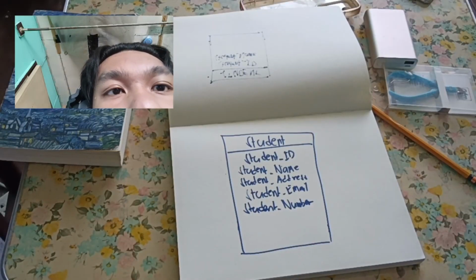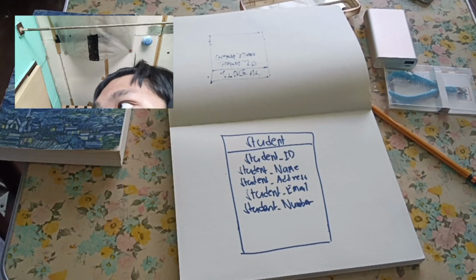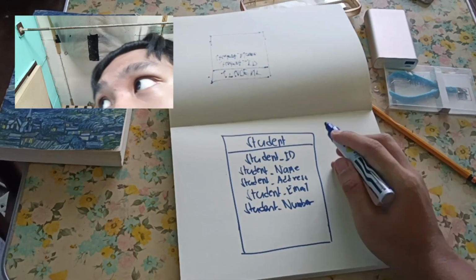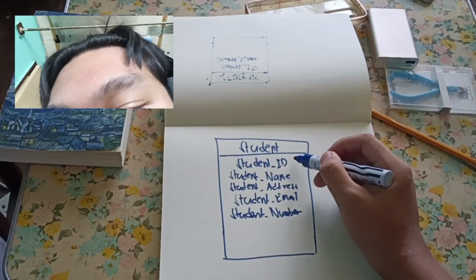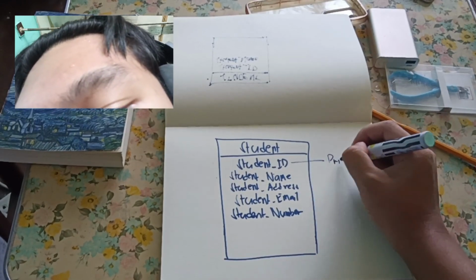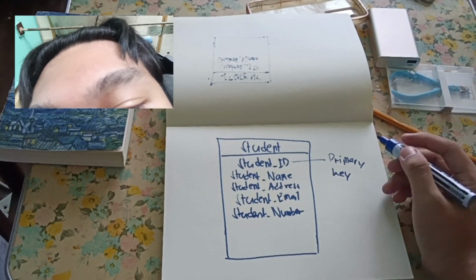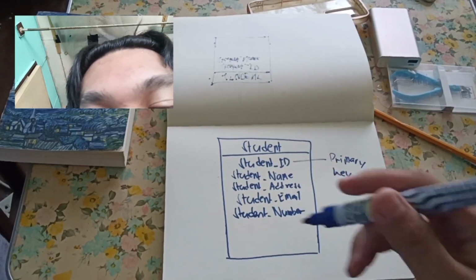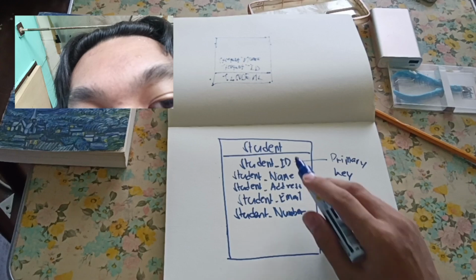Let us begin with the first key, which is the primary key. The primary key is the first key that you see in the table. It identifies all the records uniquely present in the table, and a table can only contain one primary key, which is this one. It shall not have any repetition within the table. Let's say, for example, there's a student ID again on the bottom. That is wrong. There should be only one of this kind.